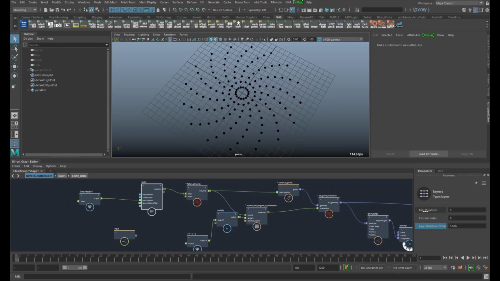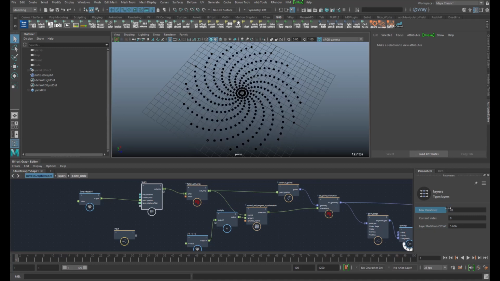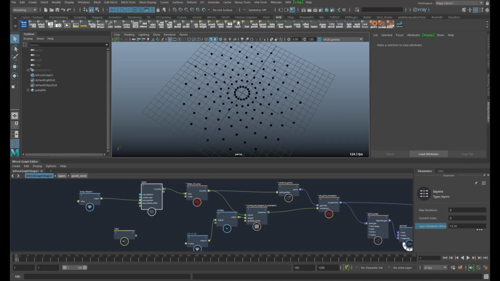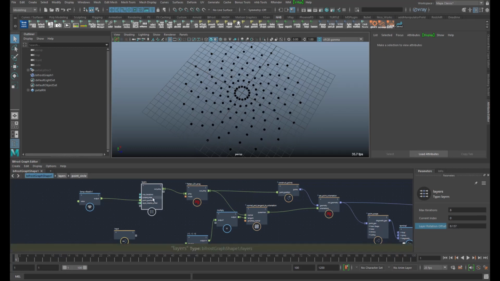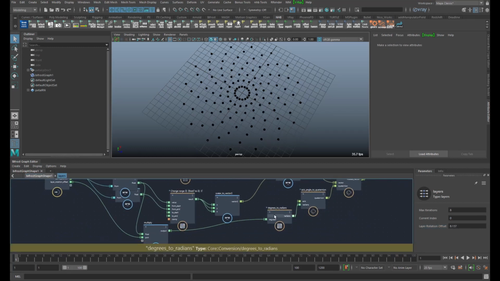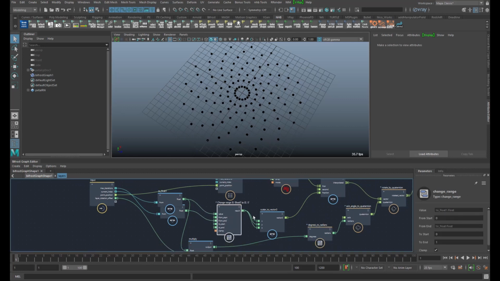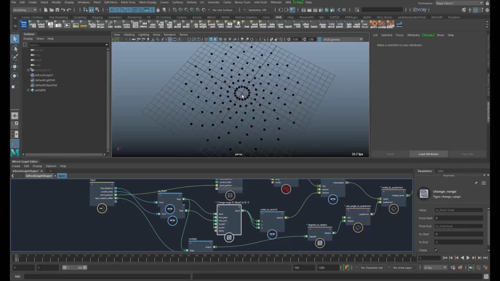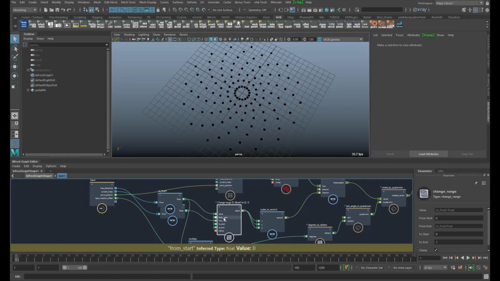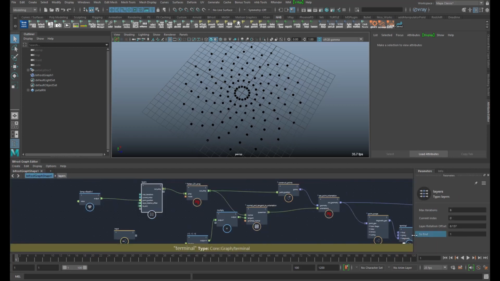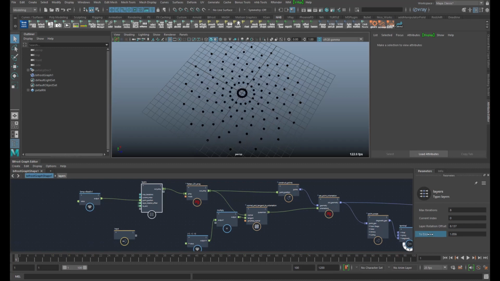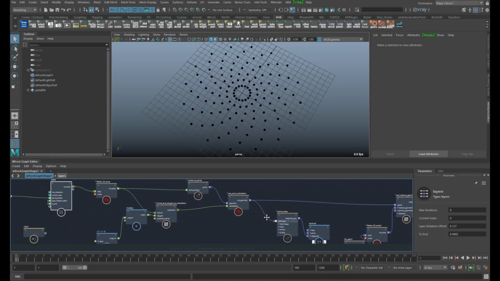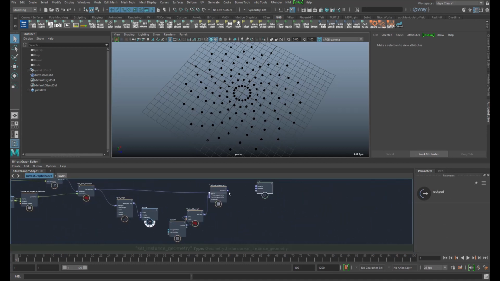You can create more leaves, and if you want to play around and be fancy with it, you could also pipe out the range that we are lerping to. So you might not want the last ring to be as close to the middle as it is right now. So we could pipe this out as well and change this value, make it editable. And that's the first part of the tutorial.